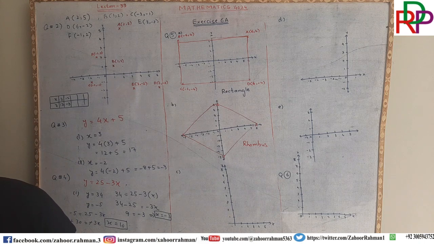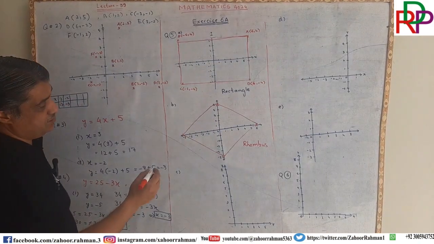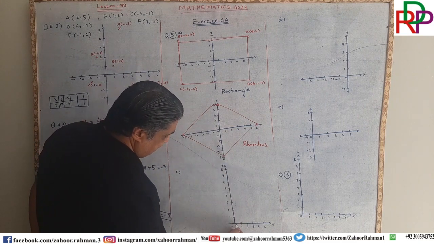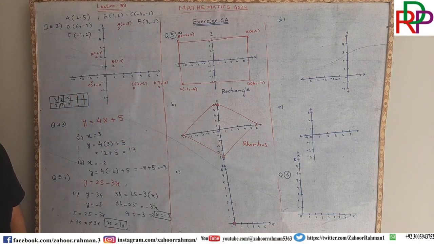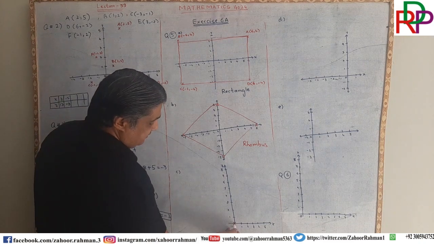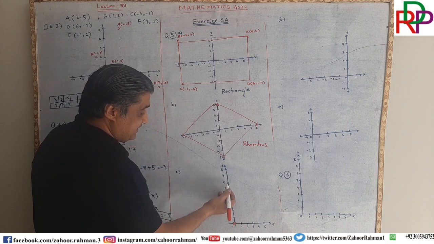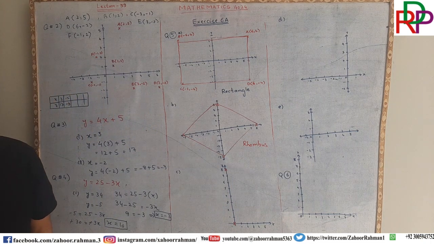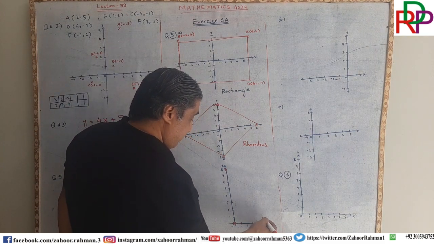Now we are turning our focus to part number C. And in part number C, they gave us 3 points. First one is 0, 0. So it means that neither you have to move on the x-axis nor the y-axis. So this will be the point, 0, 0. And then 0, 8. 0 steps towards the x-axis and 8 steps towards the y-axis. So the second point is this one. The third point is 5, 4. So you have to go this 5 and 4 is